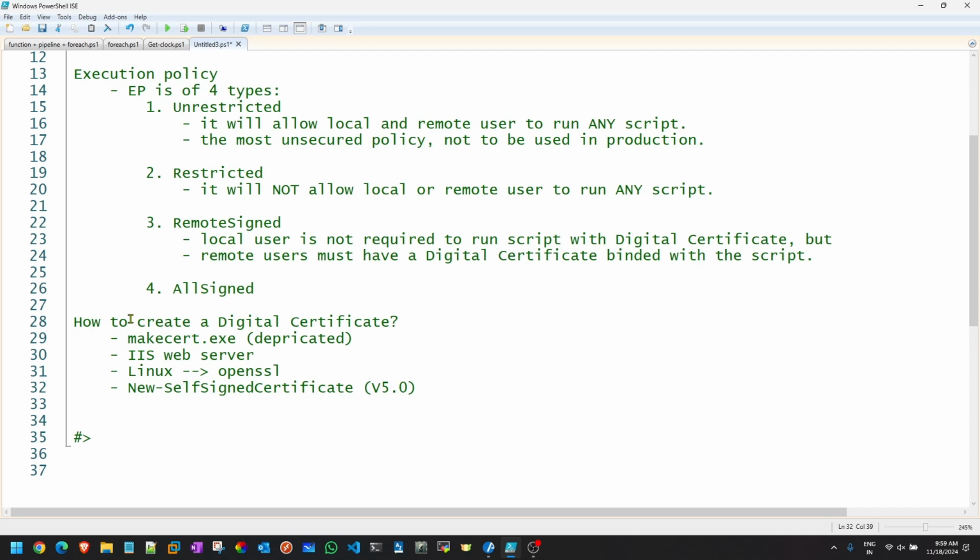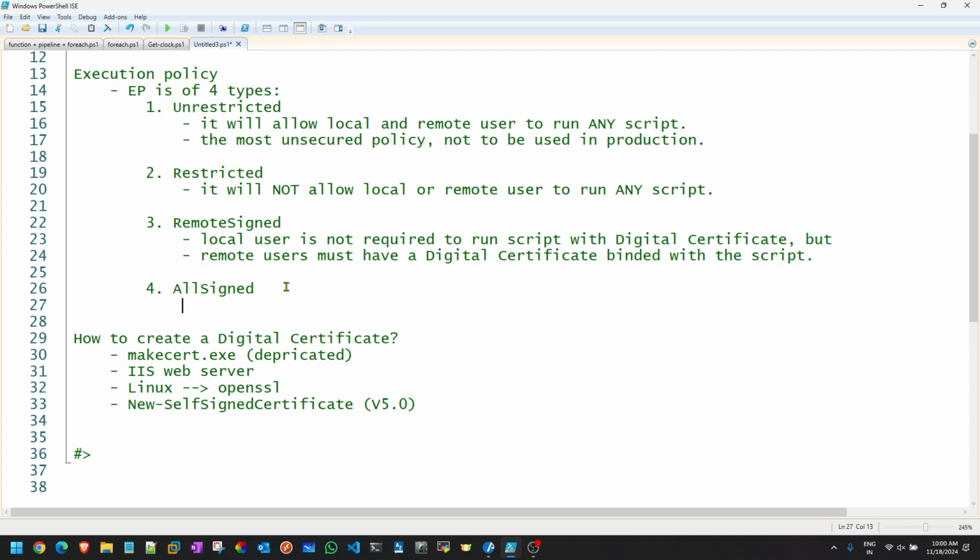You just have to use it and you are good to go. These are the different ways to create your digital certificate. Clear to everyone? We have to create it. I'll give you the command and everything required over here. So that is regarding RemoteSigned.